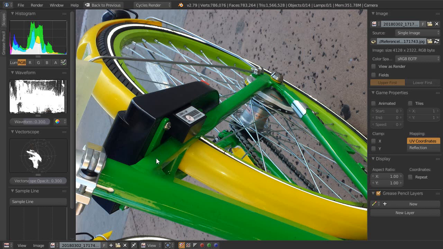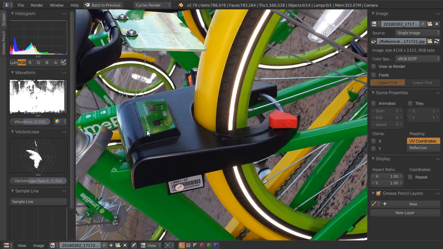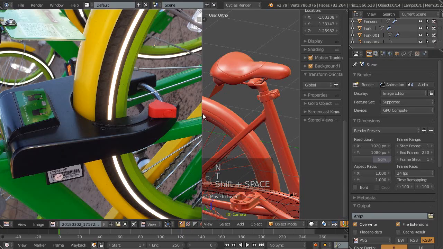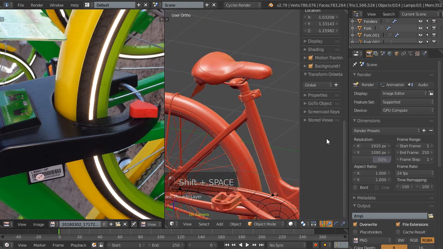So there is something that needs to be added to the frame here to connect and hold on to that lock. It's not completely symmetrical because it has this locking mechanism here. But that's what I'm going to proceed from. So I got those two reference images. I can always try to, let me get rid of these panels. I can always try to just open them up